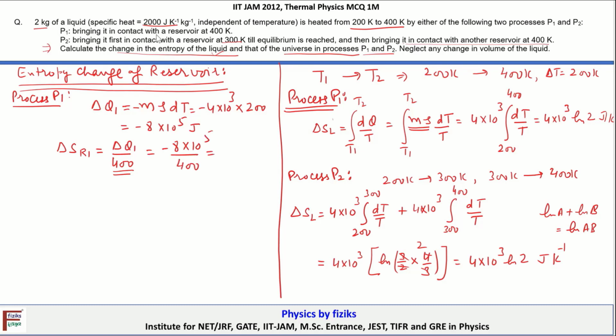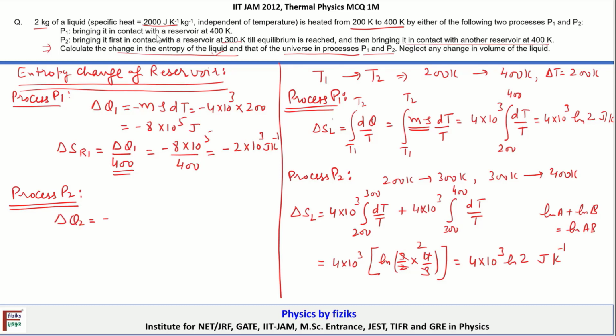Okay, and this is minus 2 into 10 power 3 joule per Kelvin. Now similarly for the process P2, we have to do the similar calculation. Because it's taking place in two different steps, let me call the corresponding heat changes delta Q2 and